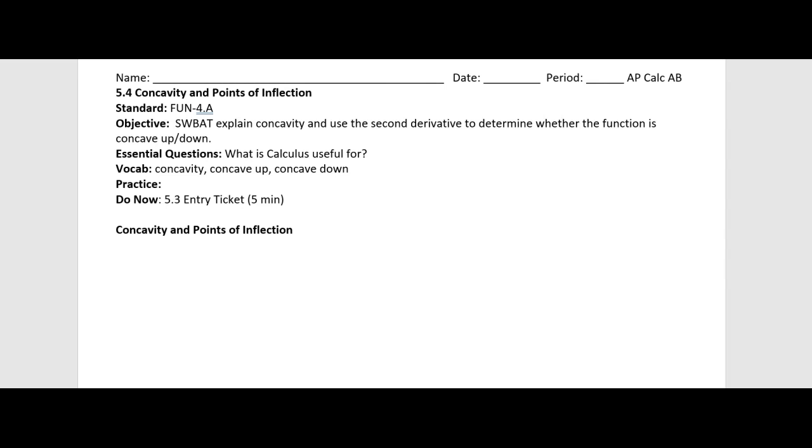Today our two topics are going to be concavity and points of inflection. So we're going to talk about whether you know about concavity, whether you could define that, whether you know what a point of inflection is already. We're going to talk about how we can identify those things in the original function based on first and second